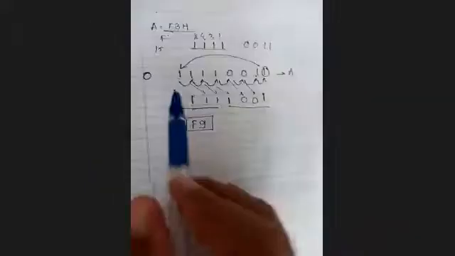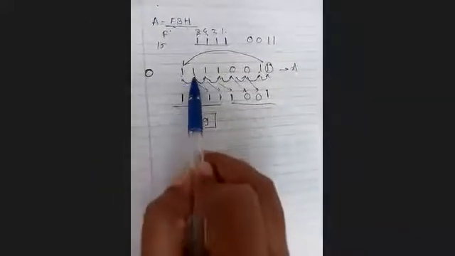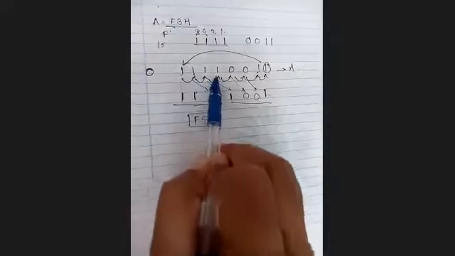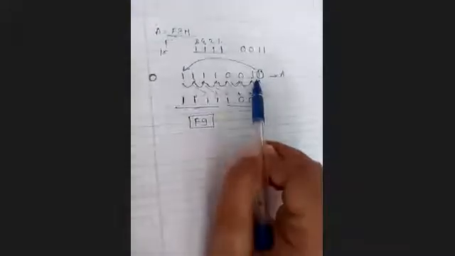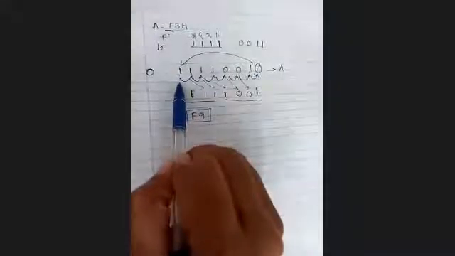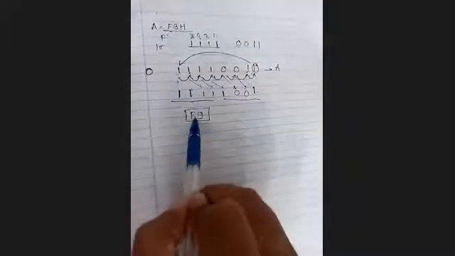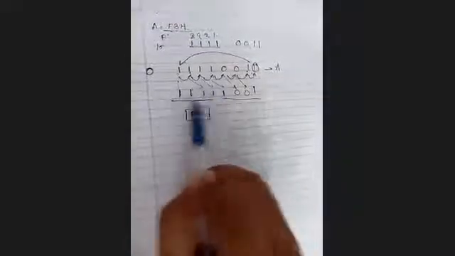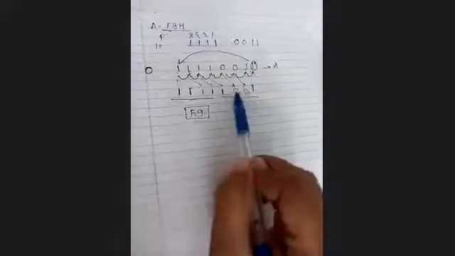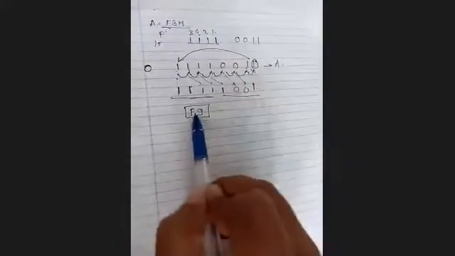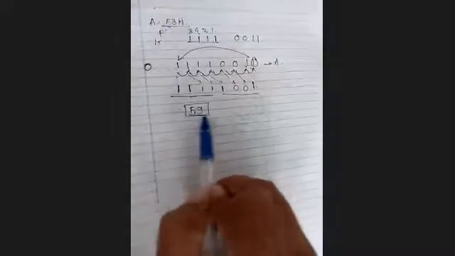So rotate right means you have to rotate each bit towards the right by one position. What about the extreme right bit? It gets replaced by the D7 bit. Whatever value you get, 1111, four times 1 is F, and 1001 means 9. So you will get the answer F9.